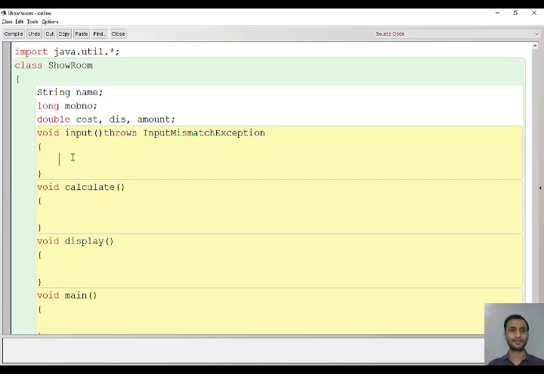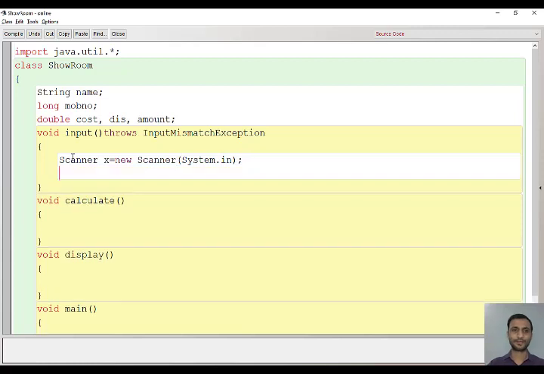Okay, and now we'll take the input. So before taking input, you have to write the scanner line, system.in, and before taking input you have to also write the print statement. So what you will print?